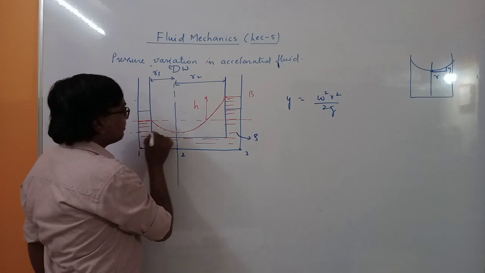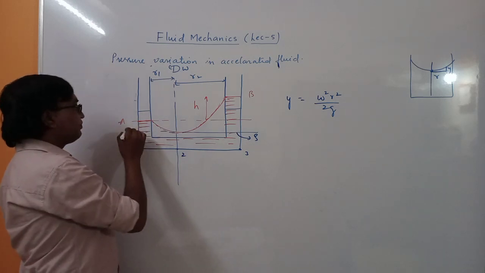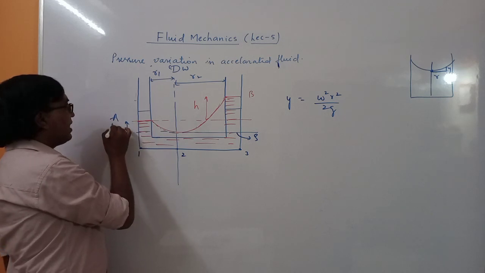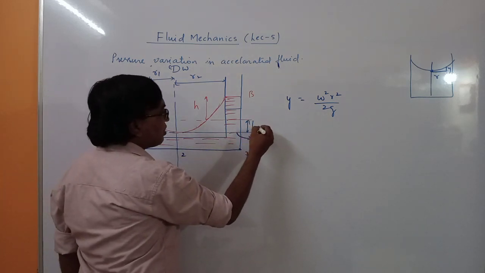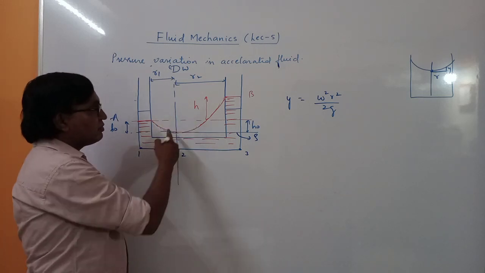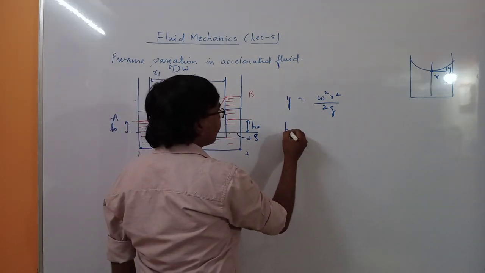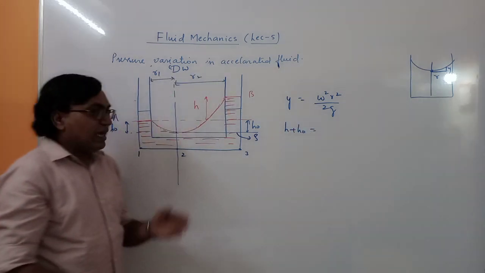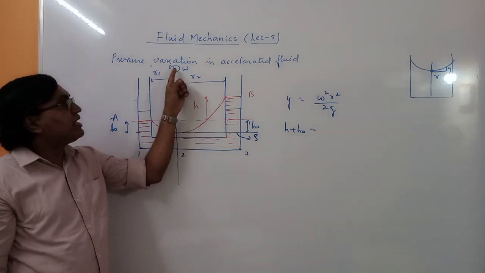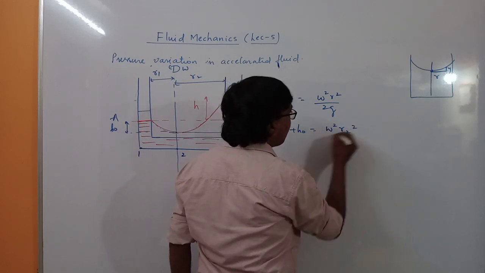So from this point, we are finding out the height. So let us call this height h naught, and this height also h naught. Now this height difference from this point you can find out. From here if you go this side, that will be h plus h naught. I am taking this point as the origin. This is at a distance of r2, rotating with angular velocity omega. So h plus h naught will be omega square r2 square by 2g.